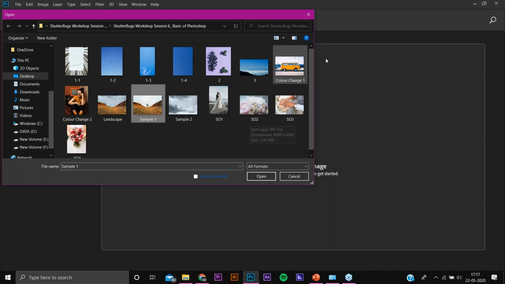For the first image, we will be selecting the sample one image and the sample two image. We would Control-select both of them. Like now, I will be showing it. It's selected both of them, and now it will open.